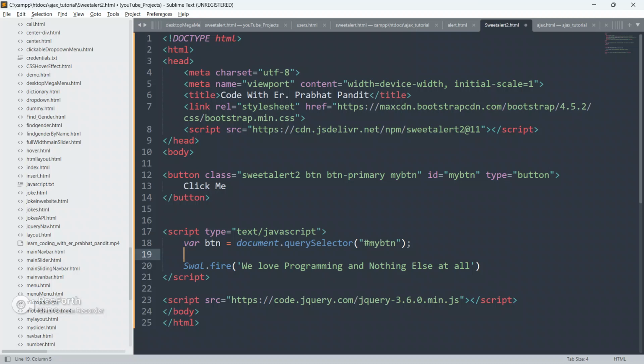Save this code now, and I'm going to add an event listener on this button, add event listener, click. Then only we'll run a function.